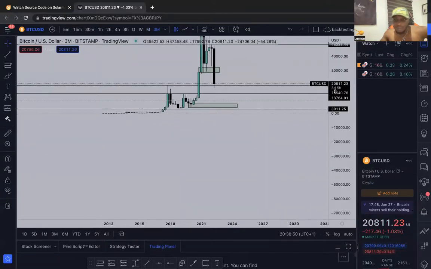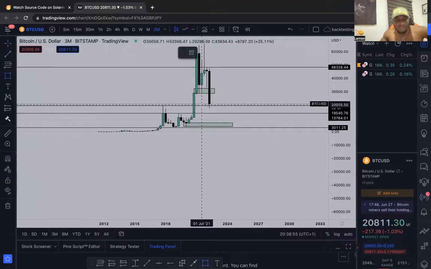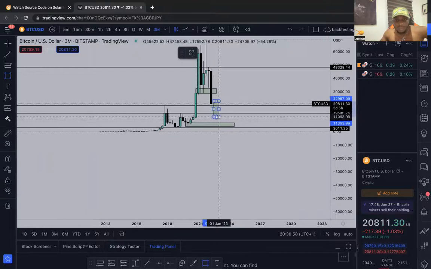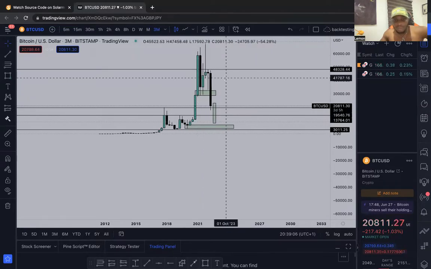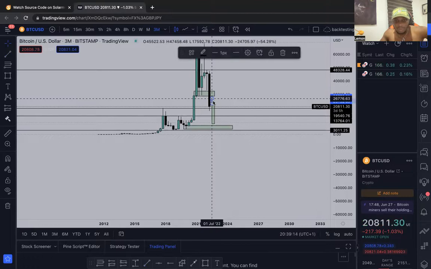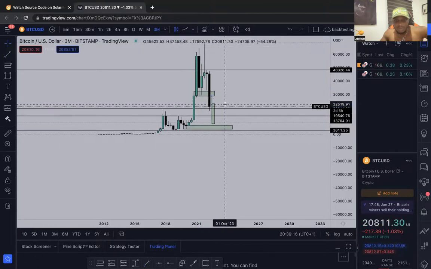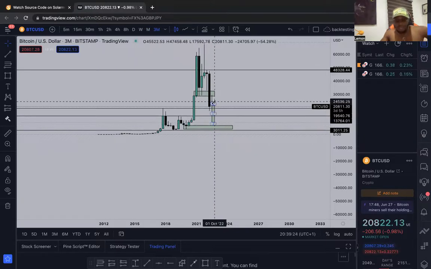We have three days for this candle to close. So we need something like this to play out. Just like this bullish candle, another bullish candle again, probably with a little bit of wick. We need something like this to play out on BTC, so that's what I'll be waiting for. This is the long-term bias on the candlestick analysis.